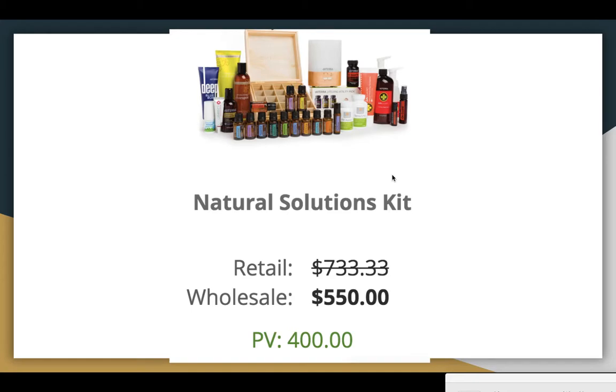This is a bit bigger. And they have all sorts of different kits, and I can show you where to look so you can look at them. I just picked out a couple that have these vitamins in them so you can see them. This is the kit I actually started with like 4 years ago. It's got the vitamin pack back there, the LLV, and then it's got the probiotic and the Terrazyme. It's also got toothpaste, hand sanitizer, hand soap, a bunch of oils, this oil case, shampoo